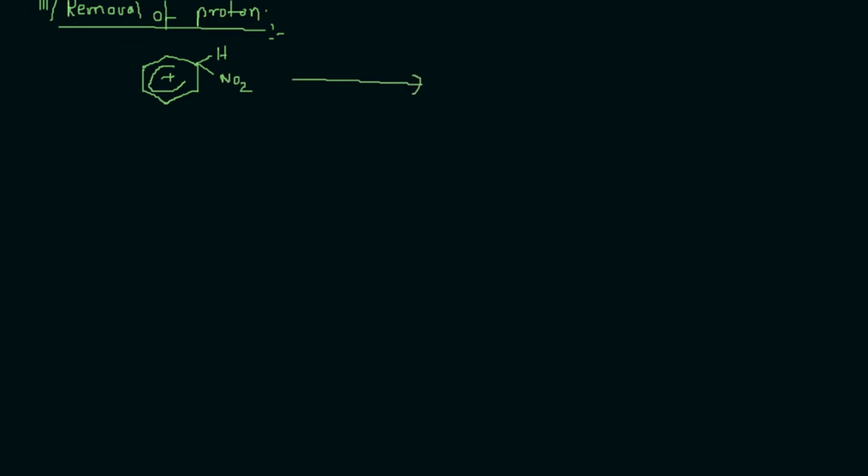So it just loses the proton, and it is generally taken by the weak base HSO4 minus. Let me show you, it is being transferred to this one. And finally we have this electron get transferred to the ring, and we get our aromaticity